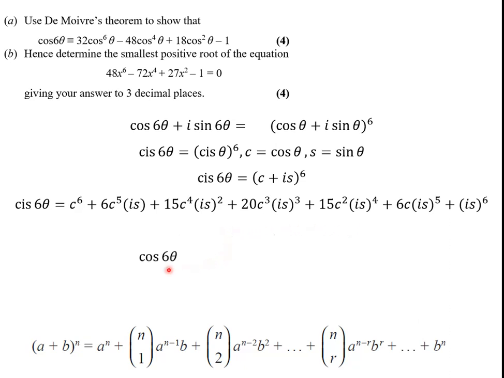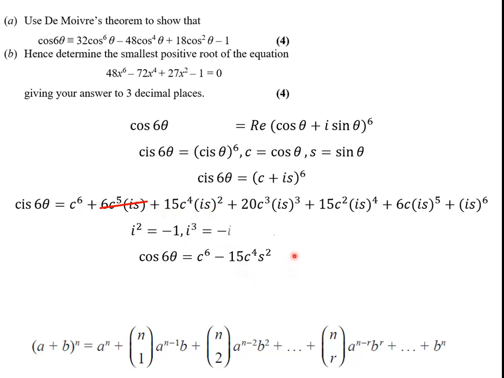Now, I want cos 6 theta, so I don't want this, I want the real part of that expansion. C to the power of 6, well that's cos to the power of 6, so that's alright, that's real, hasn't got any i's in it. But this term has, so I'll just get rid of that straight away, I'm not interested. This one though, well, i squared is minus 1, so that's going to be real. So it becomes minus 1, so I'm going to have C to the power of 4, S squared,